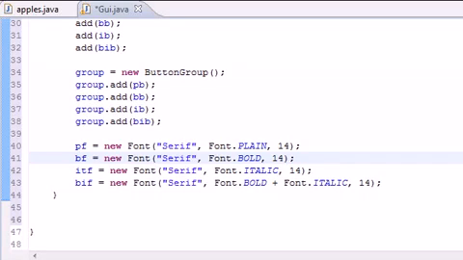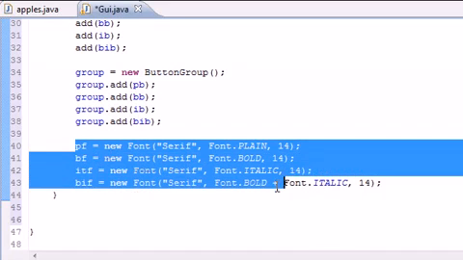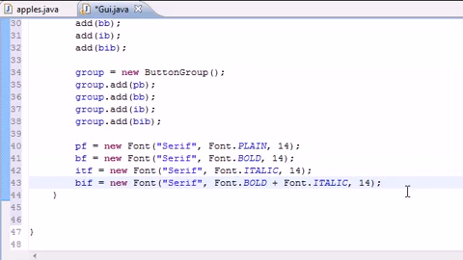What's going on, everyone? Welcome to your 67th Java tutorial, and in this tutorial we're going to be finishing this program demonstrating JRadioButtons. So where we left off on the last tutorial, we pretty much made 4 different kinds of fonts,